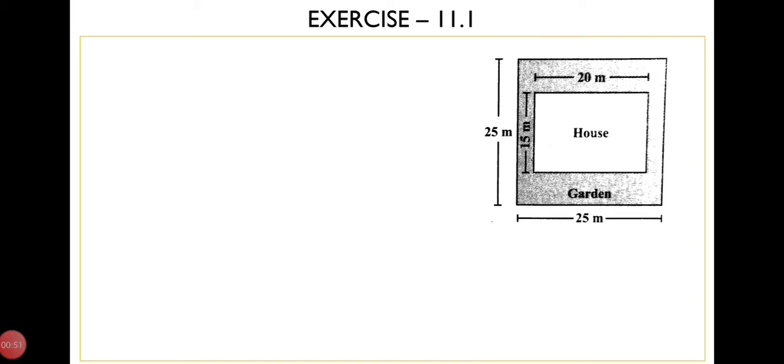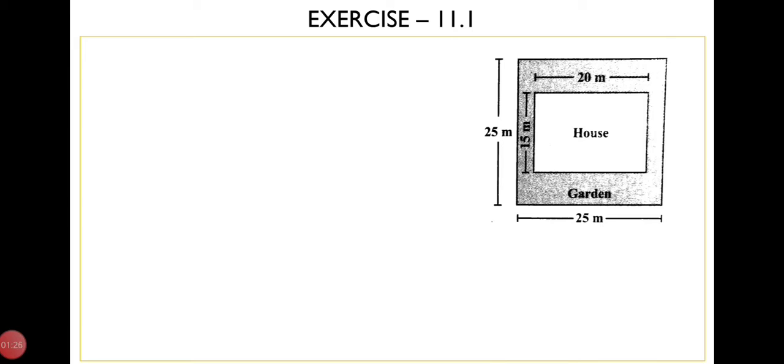It is given in the question that Mrs. Cossack has a square plot, means square land. On that land, she wants to construct a house as shown in the figure. Now, the side of the square plot is given, and the length and breadth of the house are also given. Around the house, she wants to develop a garden, and the cost of developing the garden is rupees 55 per meter square. We have to find out the total cost of developing the garden.